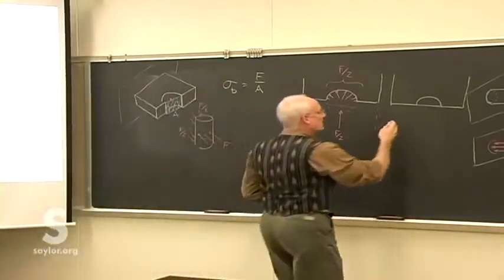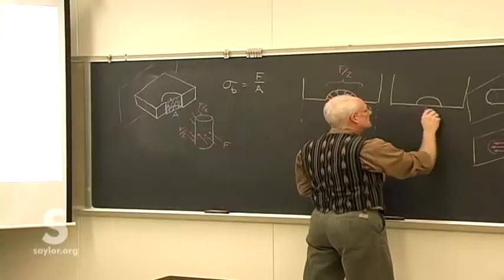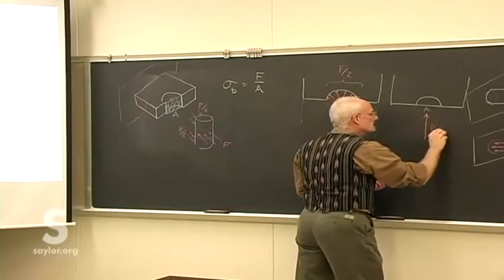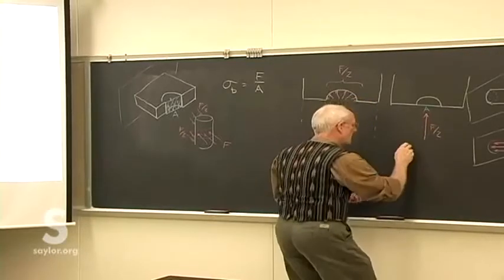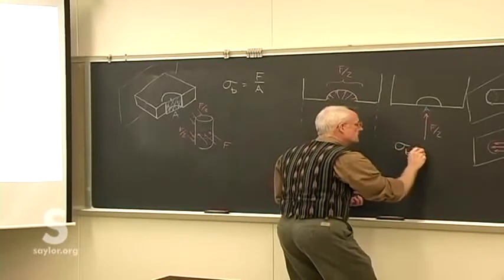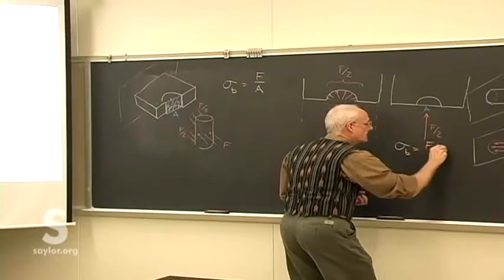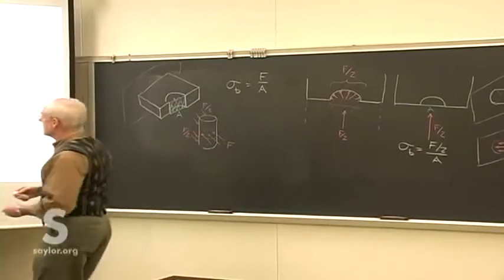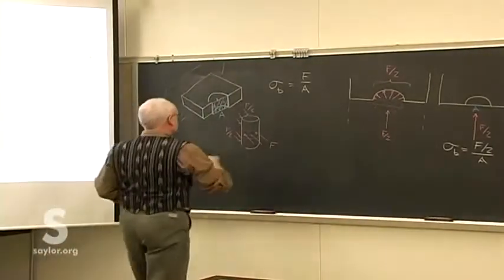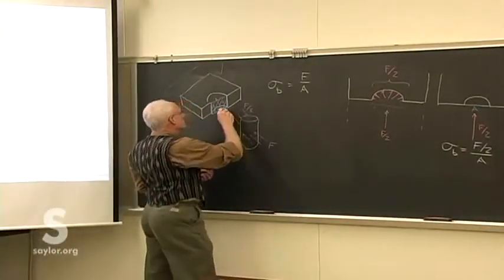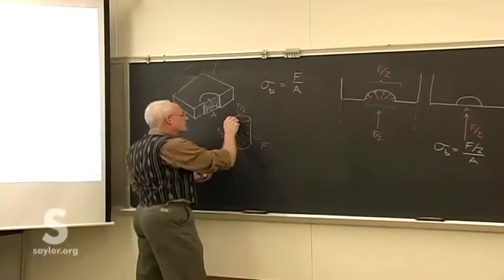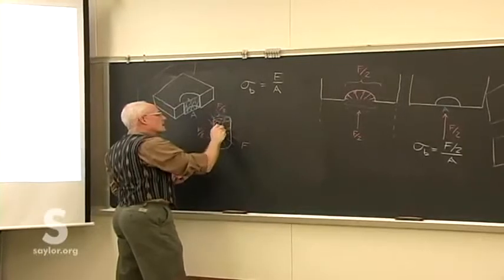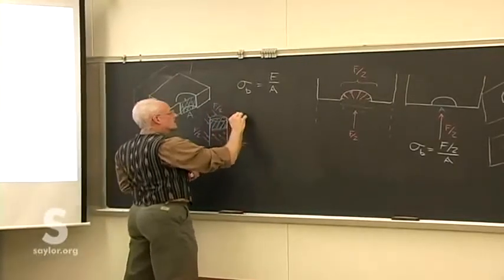And that's the area we use to calculate the average bearing stress. In this case, it's F over 2 over A, where A is this blue cross-sectional area, which is the same as that area there,